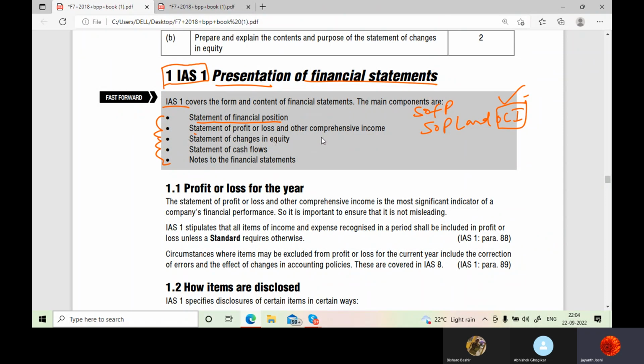Then comes the statement of changes in equity, statement of cash flows, and then comes the notes to financial statements. That is, you write it in footnotes. What do you mean by notes to financial statements? See,